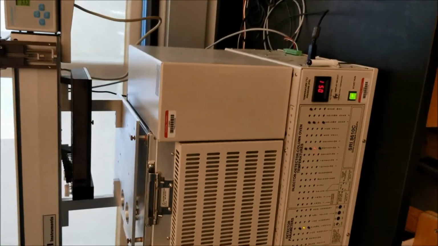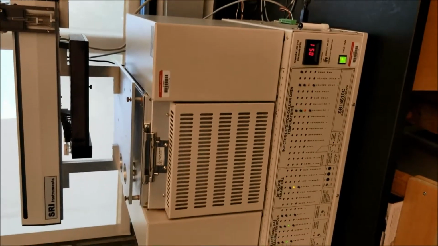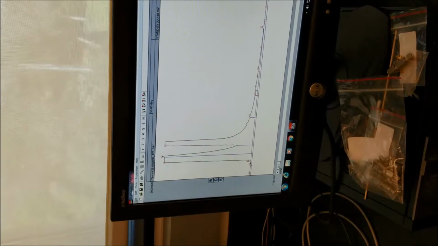Alright, the GC has completed its run. It has been running overnight, and now I would like to shut it down to conserve the gases. So the first thing we do is we go over to the software, and for this phenylacetylene reaction, and also